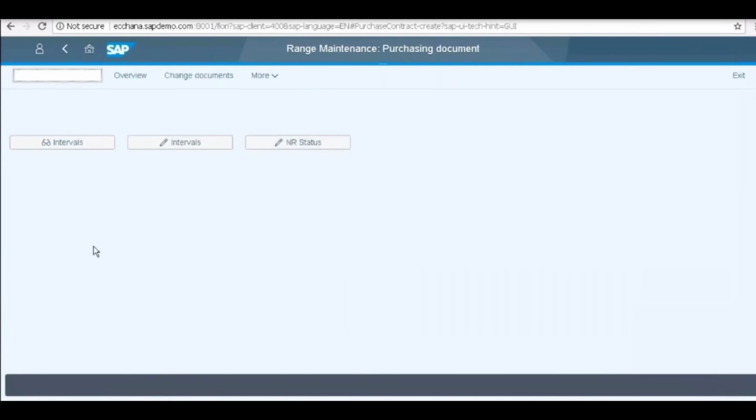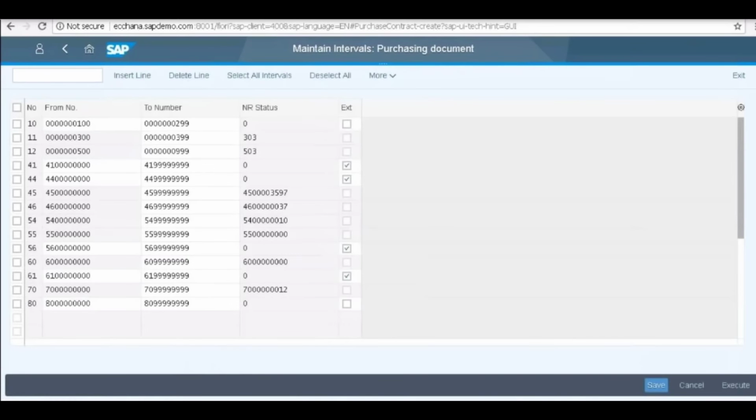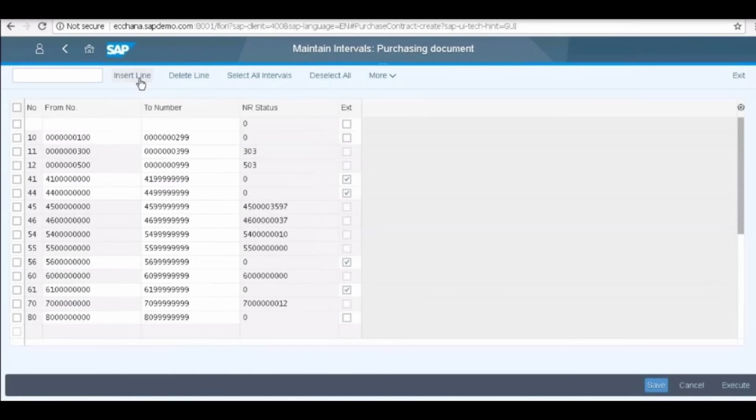Number ranges and double click on intervals. So here we can define the number ranges for the contract. So let us try to insert a line, enter the number, so let us enter the from number,